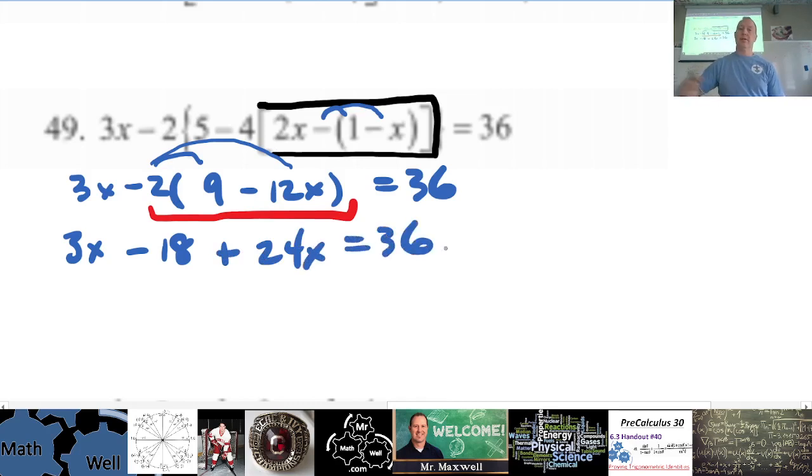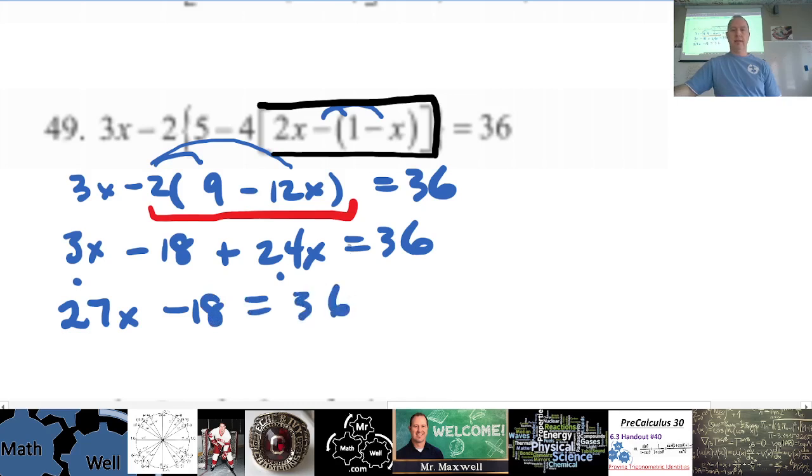So this one's a lot of steps, a lot of work. You might want an extra piece of paper for some of these. I don't think you'll have enough room on your sheet for some of them. But okay, so now 3x and 24x, I can combine those, and that's going to be 27x minus 18 equals 36. And now we're getting really close. This is just like an easy question that we've been given earlier, but it took us a while to get there, didn't it? So we'll add 18,